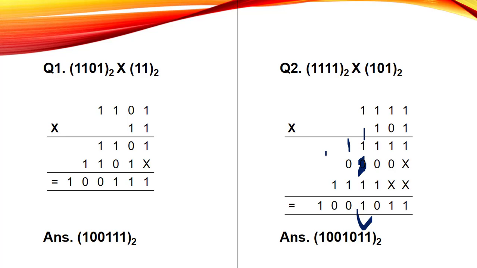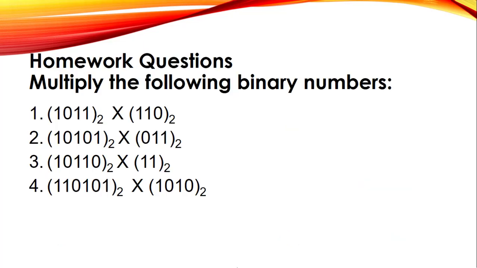Fine. Now we have to add this one with this one. The result will be 0 and a carry of 1 will be generated. Now we have to add these two ones. It will generate a result as 0 and again a carry of 1 will be generated. Fine. Now we have to note down this one over here. That's it. So our final answer is 1001011 with a base of 2. Fine. Well, if you do not write the base, again these questions will not be marked properly, or you will not get full marks in the exams also.